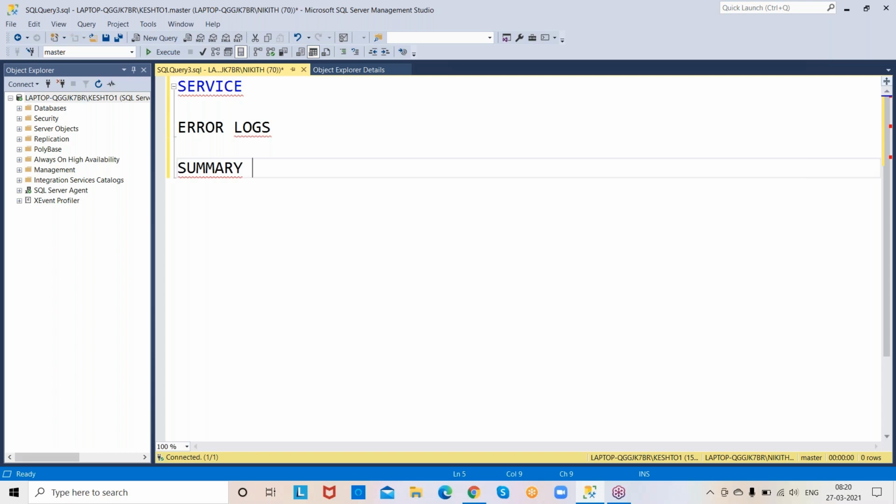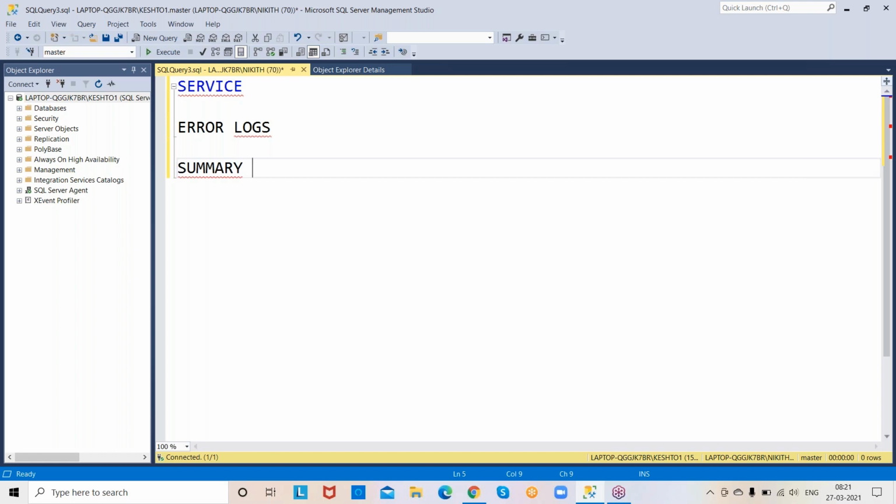Services means, suppose you installed SQL Server on some computer, some services will be created for that. Not only SQL Server, for any software you install, some services will be created for that software in the operating system.